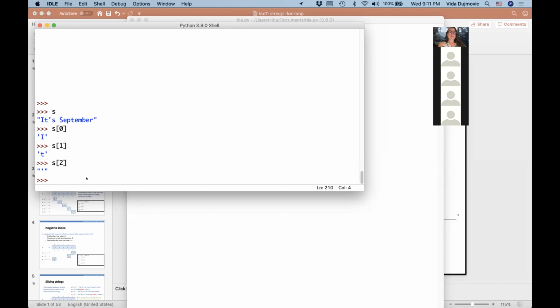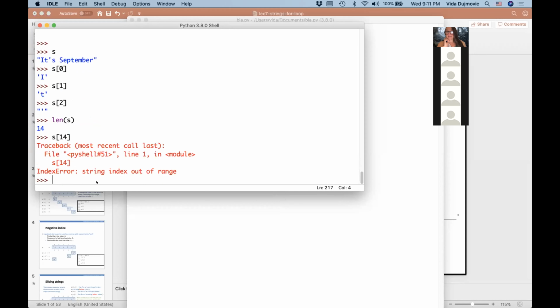Okay, so we have seen that this function len of S gives us the length of the string. So you may say, okay, if I want the last character, I should ask S of 14. But remember, the 14th position doesn't exist because we start counting at 0.